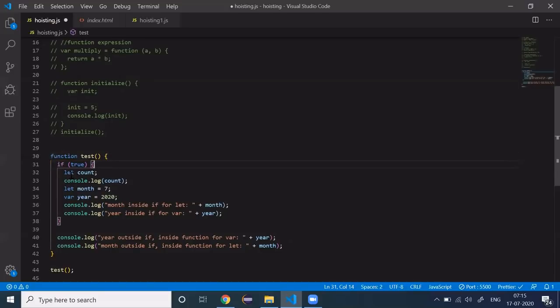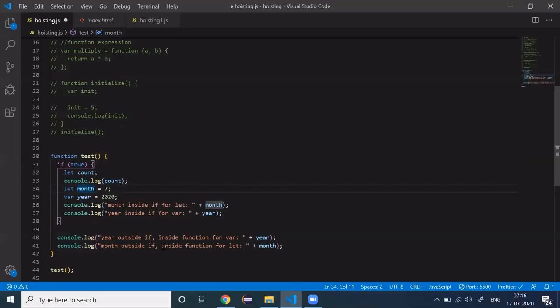Inside the if block, I have created a variable using the let keyword, and then I am printing that variable, but we are not assigning it right now. Then again, we have two variables, one with the let keyword and one with the var keyword, and I'm just printing those two values in the browser. And after the if block completes, I'm again printing the value of the two variables. So year is defined with var, month is defined with let.